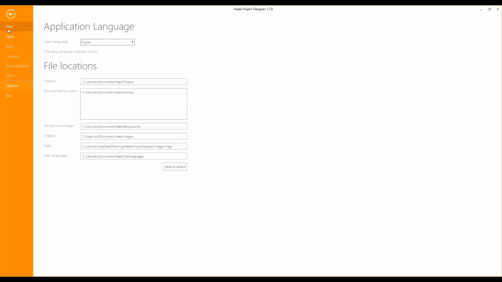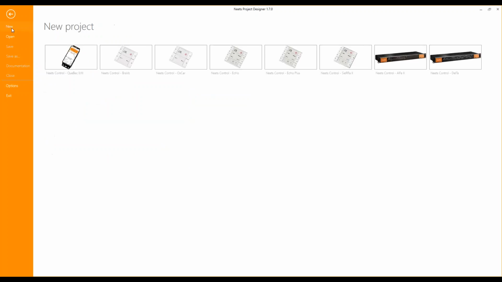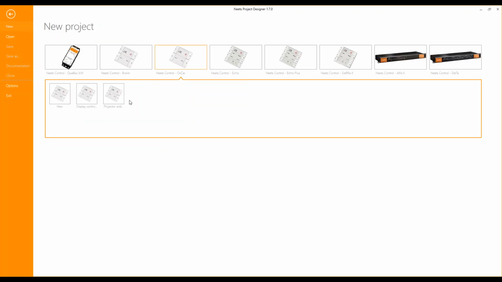If we go to New Project, there are now several templates to choose between. This one, for example, display control, keyboard clock and movement sensor. For the Echo as well, Echo Plus. Even for the Delta, there are some advanced solutions. A tabletop solution here. If we just double click on this,